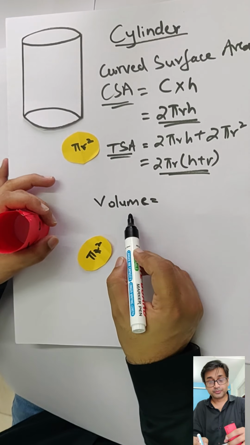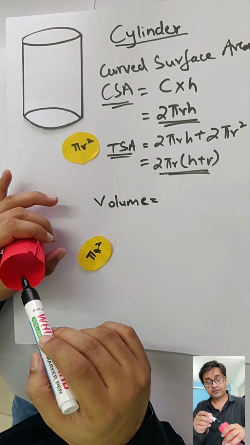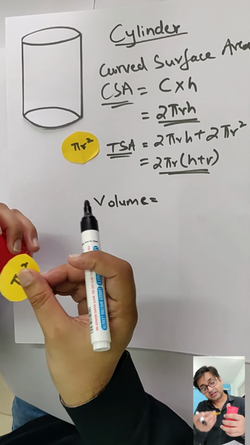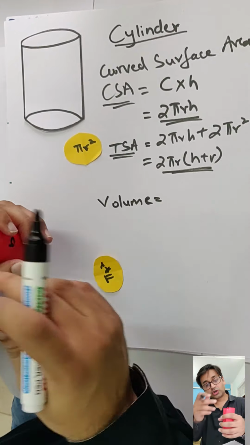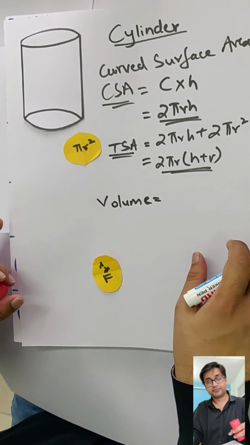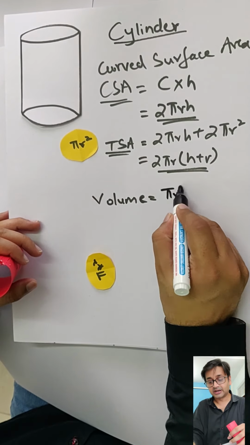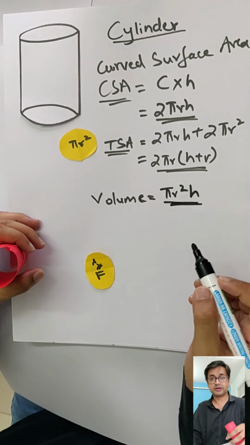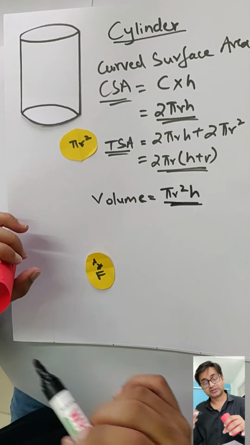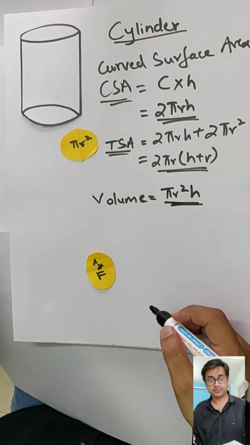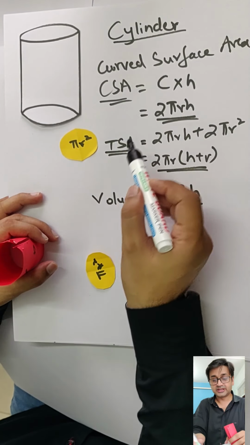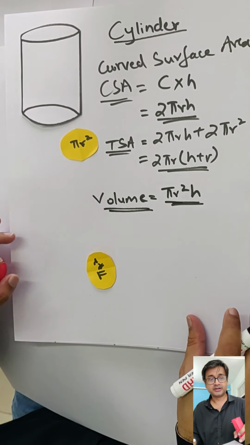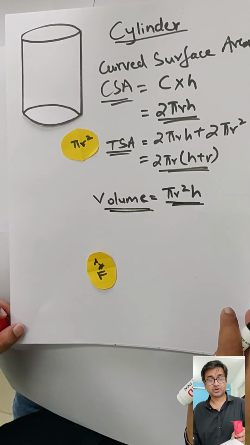Okay. And now for the volume, you need to understand this very carefully. For volume, you have to take one circle's area and the number of circles that are there inside. So automatically what you will get is the inner volume. So one circle's area is pi r square, into height. That's the formula. So one circle into the number of circles that go inside. That's very, very important. Alright. So you got curved surface area, total surface area, as well as the volume for the cylinder. Learn it. No, understand it so you get it better.